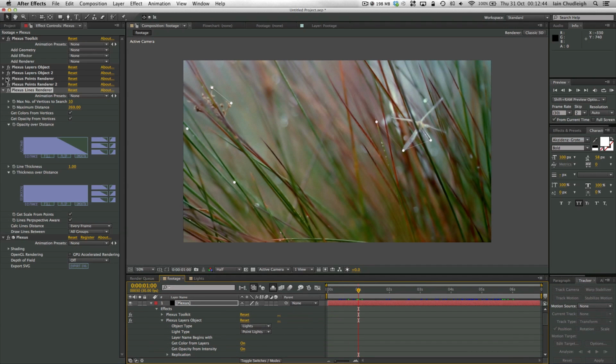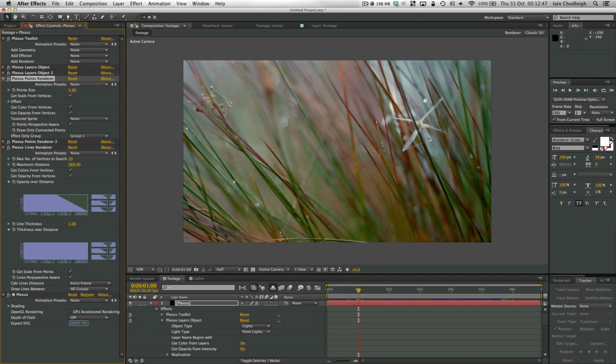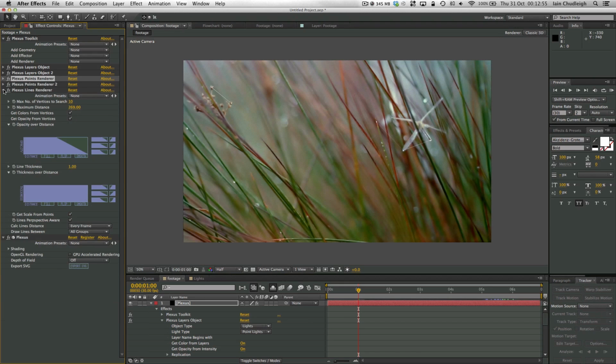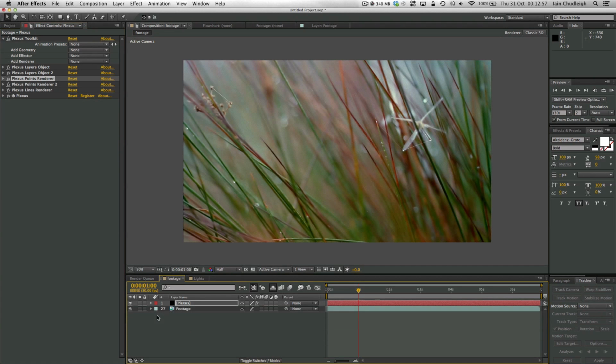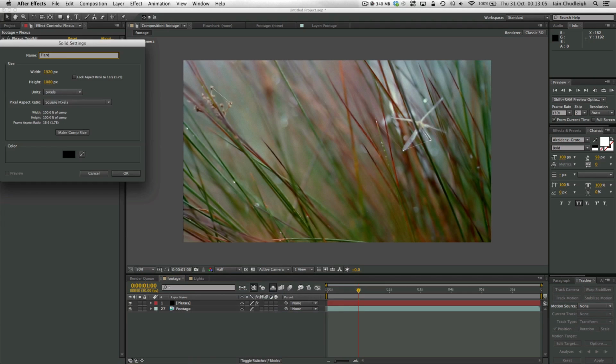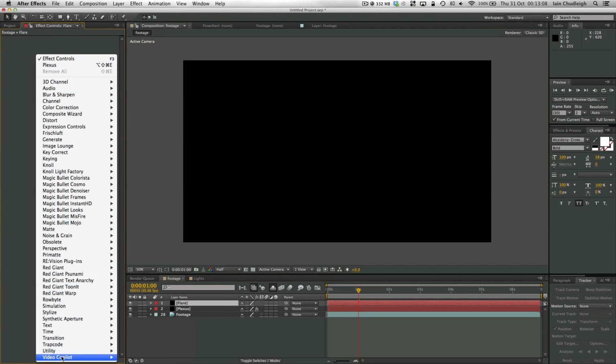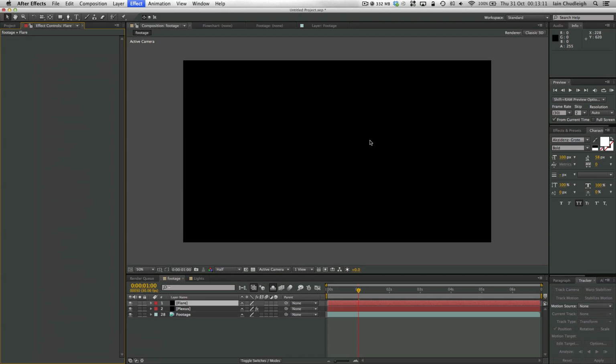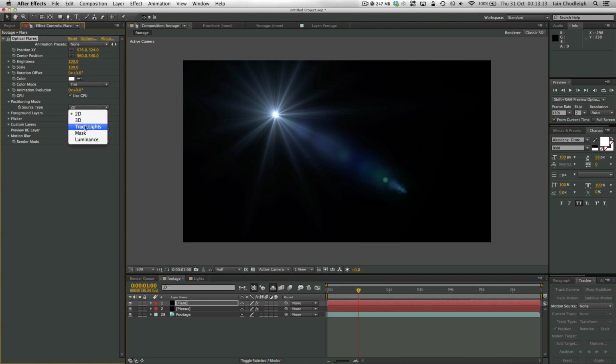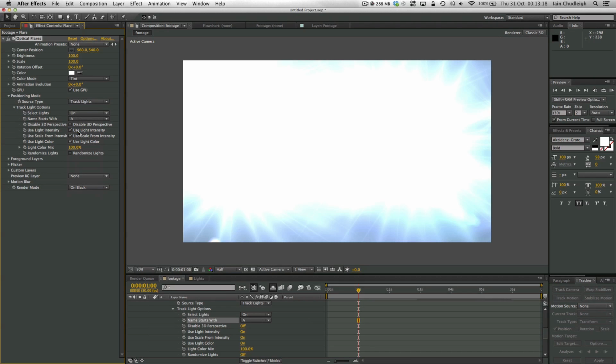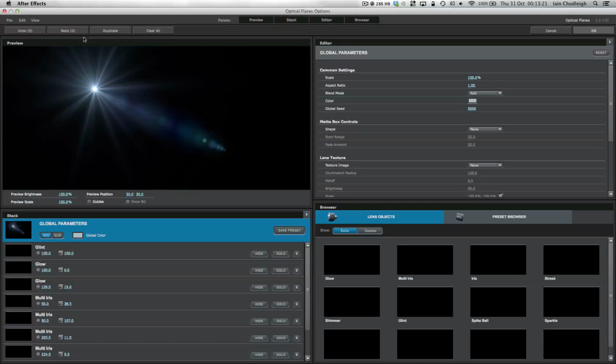So these points are way too big, so we're going to change these to maybe 5. And what we're also going to do is just add a little flare to each one, and this will give you the nice glowing effect you see in the example. So we'll create a new solid, call it flare, and use Video Copilot's Optical Flares to track the lights, and we go to source type, track lights, beginning with A, and now